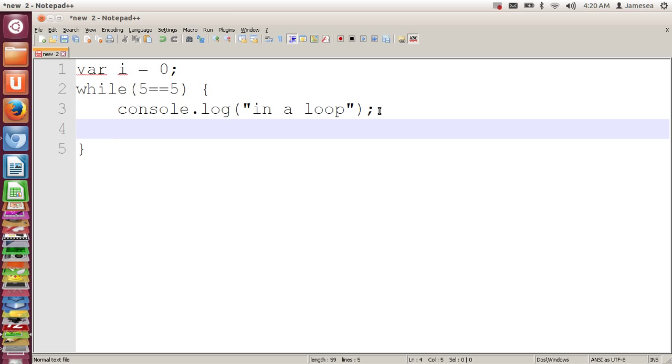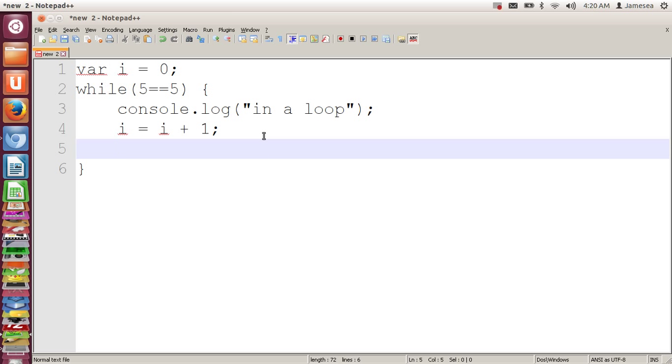I'm going to say i plus plus, or you could say i equals i plus 1. It would mean the same thing. So now i, every time this loop goes around, is going to keep iterating upward. Be 1, 2, 3, 4, 5, 6, 7, 8, and eventually we're going to say if